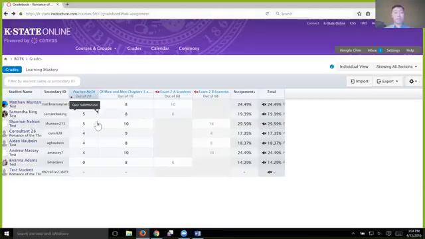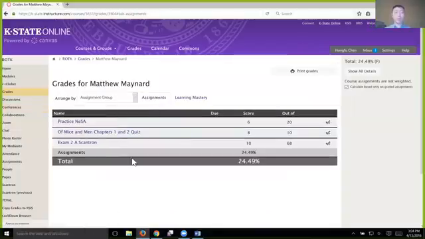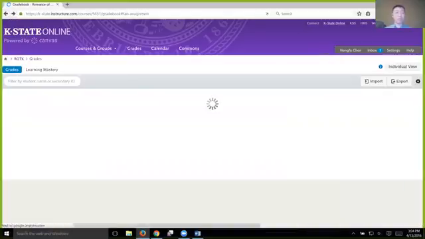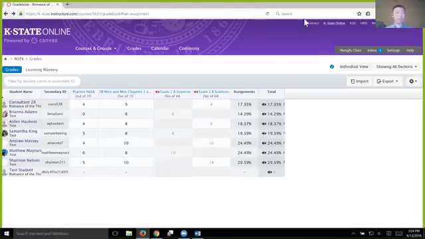You can also access a student's view of their gradebook fairly easily by just clicking on a particular student's name. If I click on Matthew here, this is what they see. You'll see that Exam 2 Scantron here shows a score. That's because I just unmuted the assignment. So if I were to mute it again,